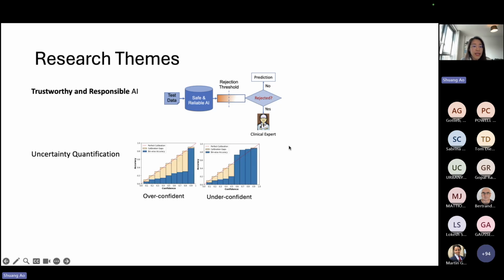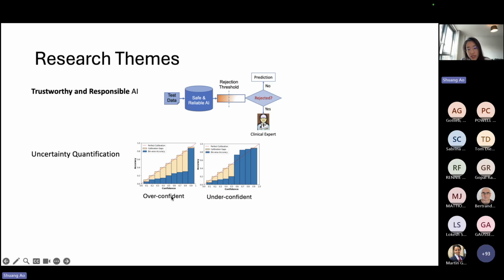Another one is uncertainty quantification. Here, my work focuses on confidence calibration. In this graph, this axis is the confidence level, and this one is the accuracy. By default, if the model's confidence level and accuracy align with each other, then the confidence level is fine. Here you can clearly see that the model is overconfident, because when the confidence level is 0.6, the accuracy is only about 0.2. This means that the model is very confidently providing an unsure, even wrong, answer.